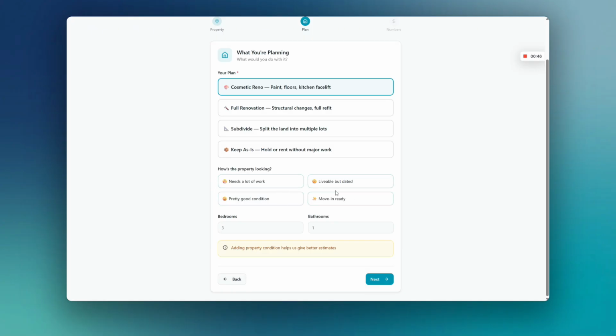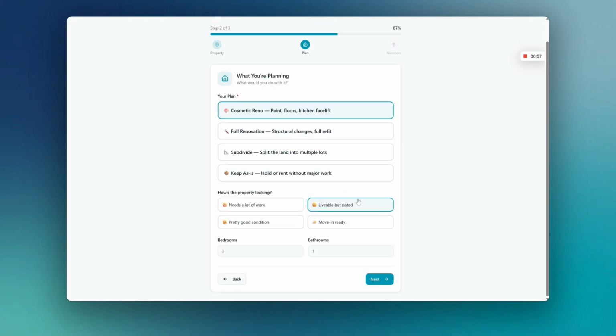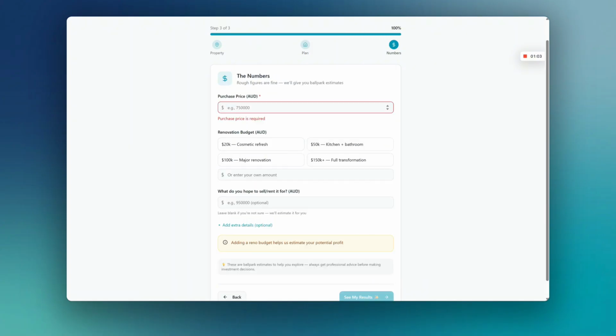So you're just advising the system, getting it a bit of an idea as to the current property status. So let's just say livable but dated. I'm going to put about 3 bedrooms as well, and 1 bath is pretty common. Press next. Purchase price. Let's just put